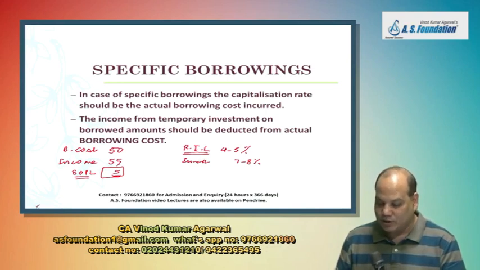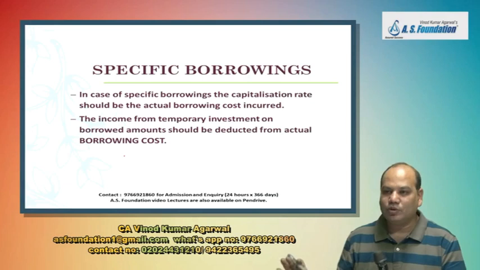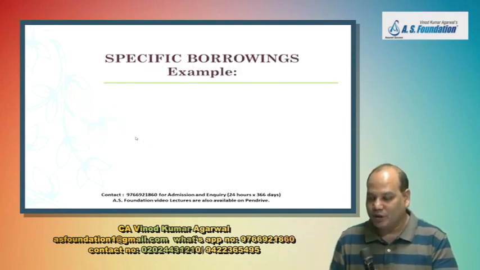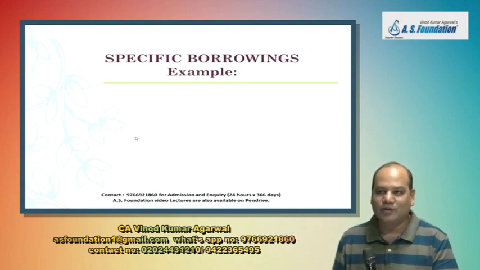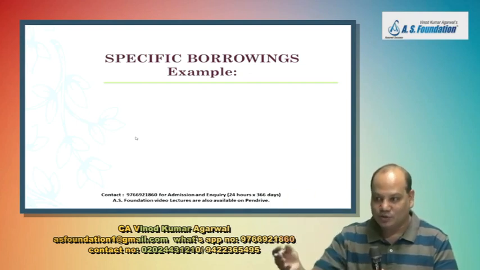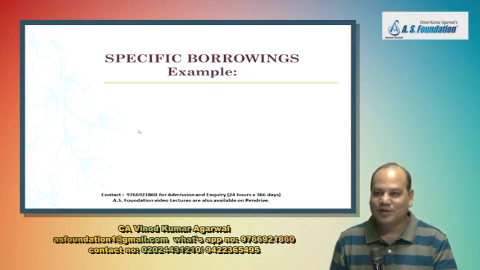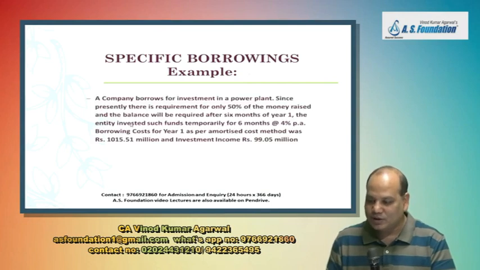Second thing, you will not be able to invest the entire amount because you are going to use it for construction purposes. Out of 500 million, you are not going to invest the entire 500 million. You may invest 100, 200 million. So that will not generate interest income more than the interest you have to pay. Third thing, interest income is usually lower than the interest expense. Banks usually charge you more interest and pay you less interest. If it was so easy, then your business model should have been changed. So it doesn't happen.